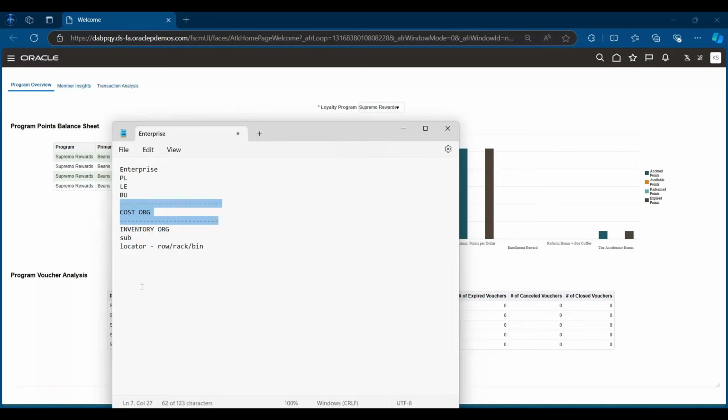because one of the differences between EBS and cloud is that in EBS, the inventory module itself had some amount of accounting setups involved in it. But in cloud, what they have done, they have completely removed the accounting aspects from inventory, and they have put that into this thing called costing. So basically, the costing module. The whole costing piece, that's pretty huge in cloud, and that is not going to